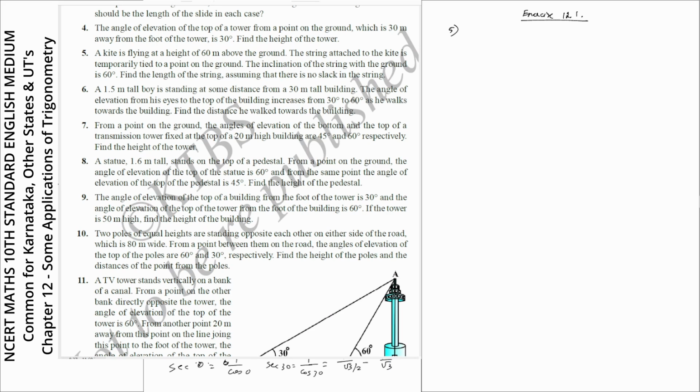Exercise 11.1, question number 5. A kite is flying at a height of 60 meters above the ground. The string attached to the kite is temporarily tied to a point on the ground. The inclination of the string with the ground is 60 degree. Find the length of the string, assuming that there is no slack in the string. So there is a kite flying at a height of 60 meters